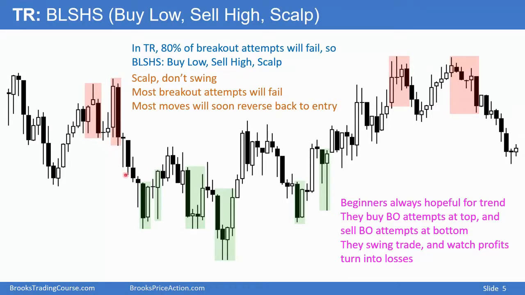And at the bottom, they'll see 5 or 6 consecutive bear bars, and then another breakout with a follow-through bar, and they assume that the bear trend will be successful. But with all the trading range price action to the left, the odds are all of these breakout attempts will fail. Beginners end up buying at the top and selling at the bottom, which is the exact opposite of what the experts are doing.